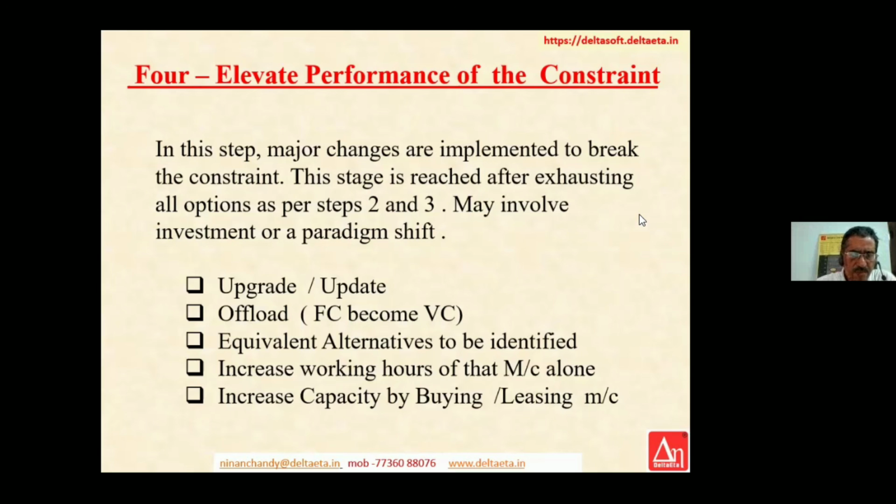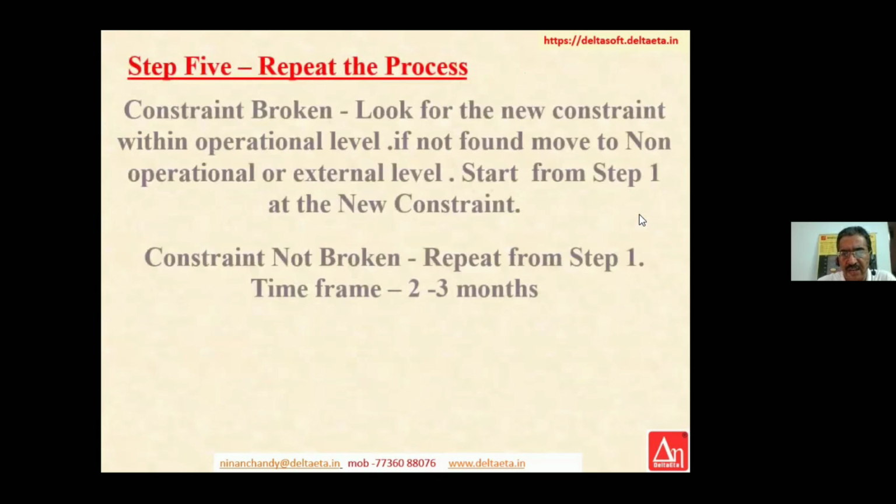By this step, most of your constraints should be eliminated from that place. It might move to a new place, and now the task is to find the new constraint area. So this is the step number 5. Find out where is the new constraint area. So at step number 4, you have broken the constraint, I hope. If it is not broken, go back to step number 2. If it has happened already, then you find out where is the new constraint.